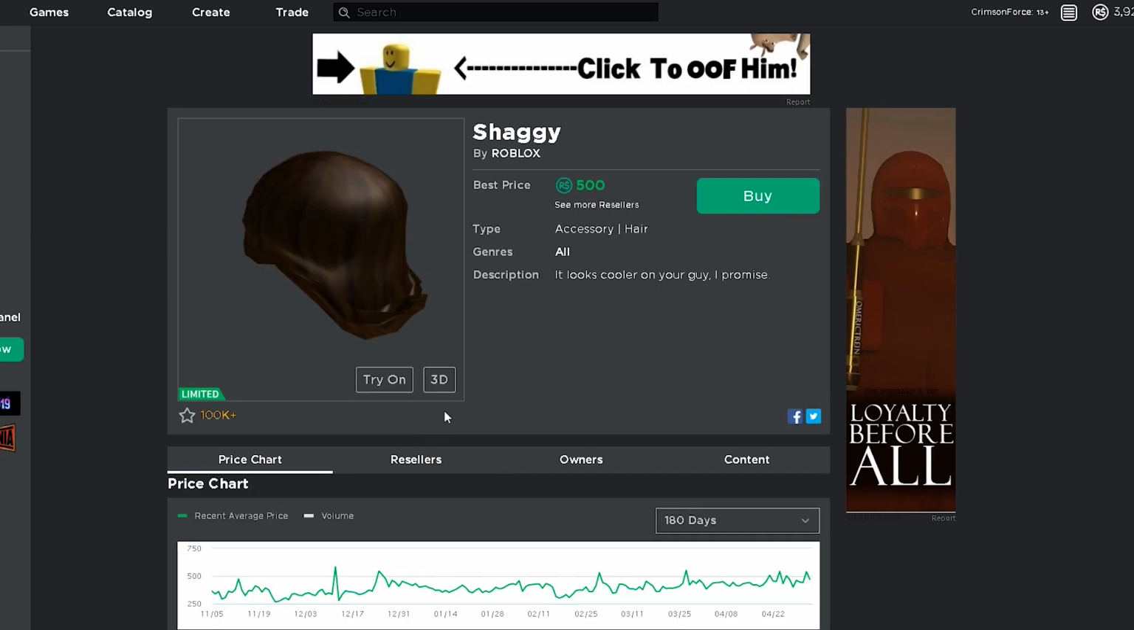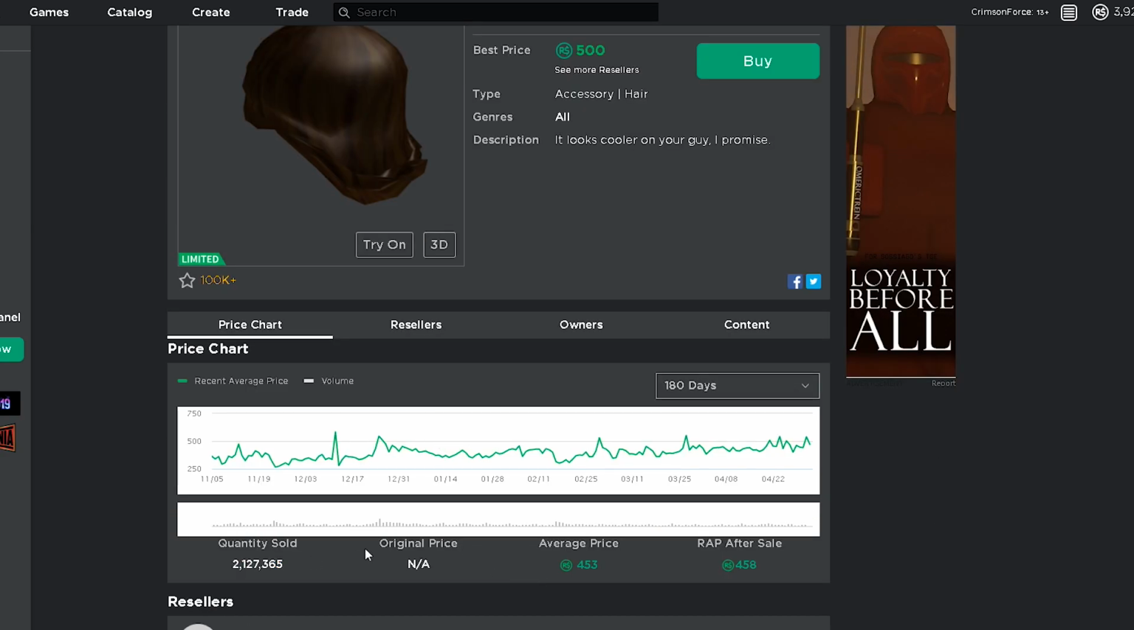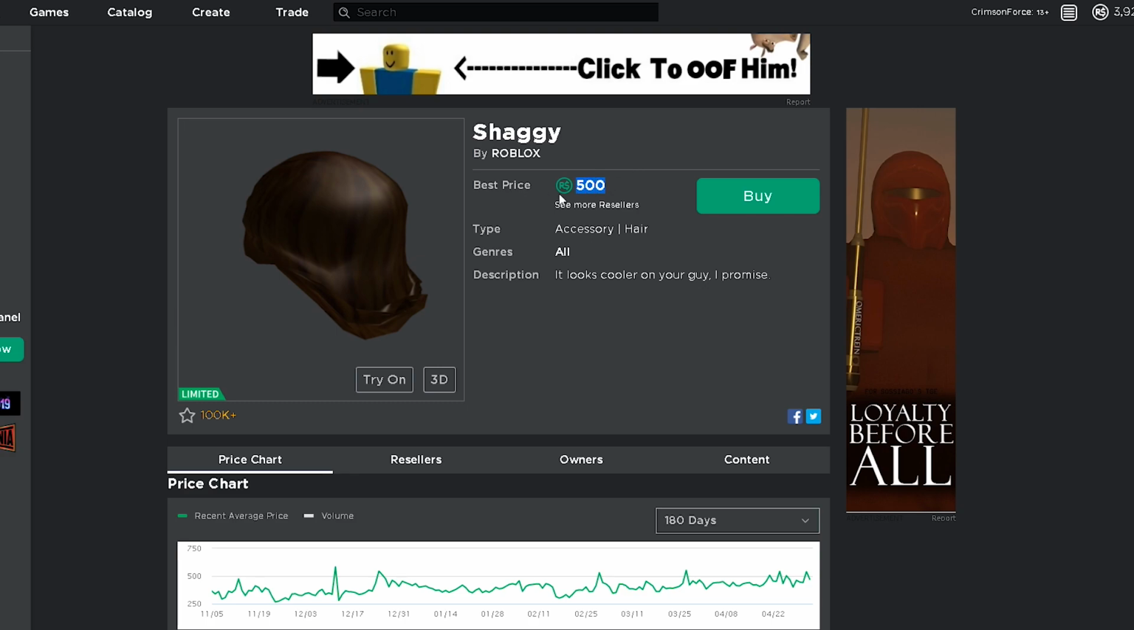But the biggest factor is the amount of players compared to the amount of copies of this item, and limiteds as a whole pretty much. So as there are less copies per each player, these items will keep going up, and this one's probably going to be slowly going up because of how low it once was, but this will probably eventually someday reach 1,000